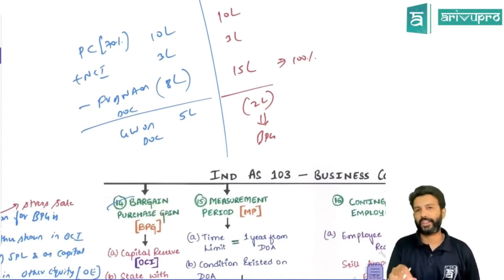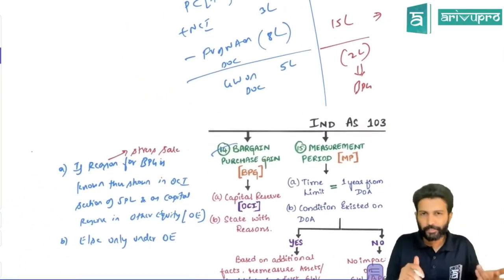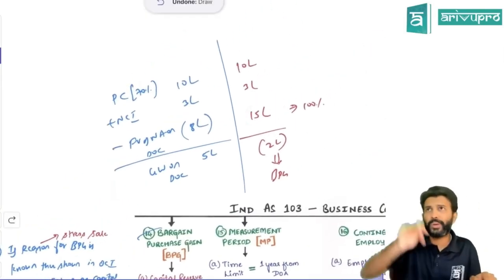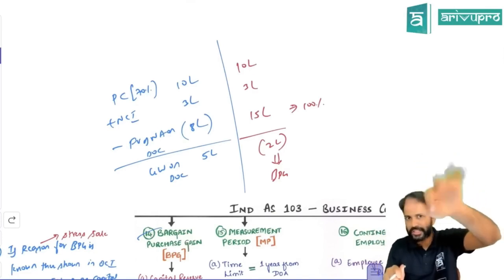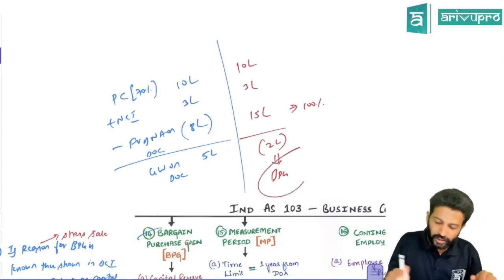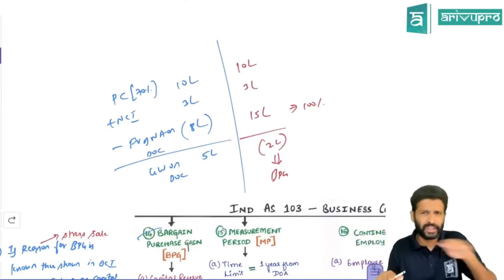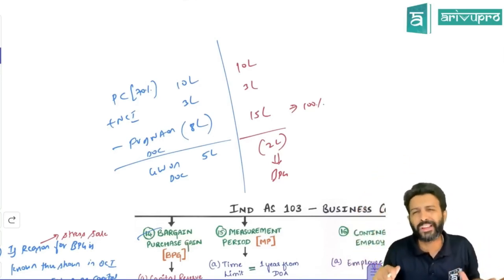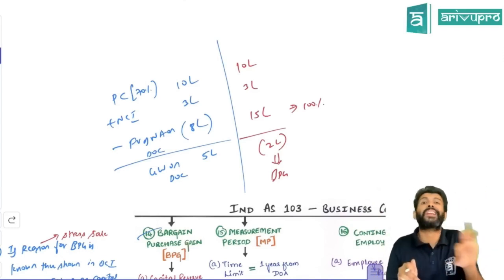So what about bargain purchase gain, sir? IND AS 103 says bargain purchase gain is a very rare scenario. Why? Because if you think logically, bargain purchase gain will only happen when somebody sells their business at a lesser price. When the seller of the business sells it at a lesser price, only then the purchaser will make a profit. That profit only we're calling bargain purchase gain. Would any seller like to sell it at a lower value? They would like to sell it at their worth or maybe higher than the worth. Would anybody like to sell it at lower than the worth? Most probably no. That's the reason IND AS 103 says bargain purchase gain is a very rare scenario.